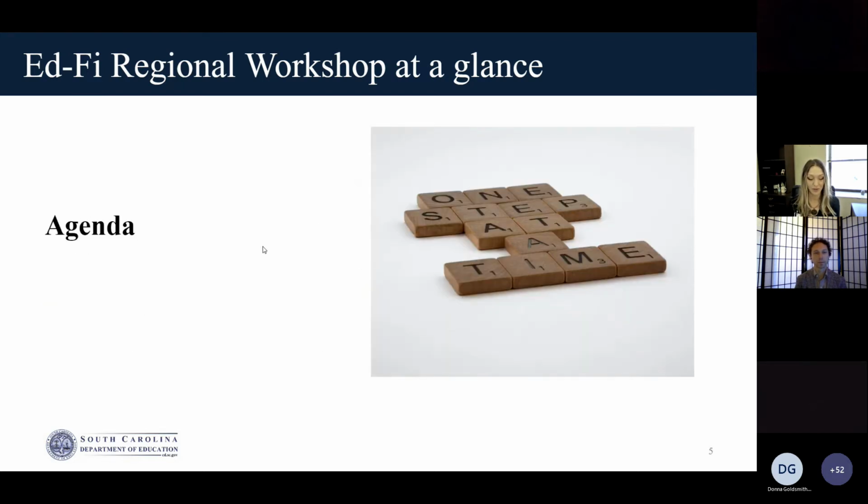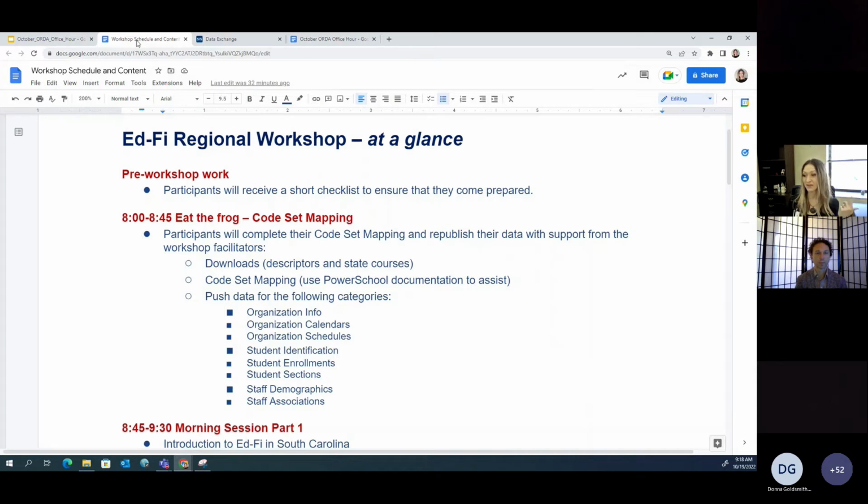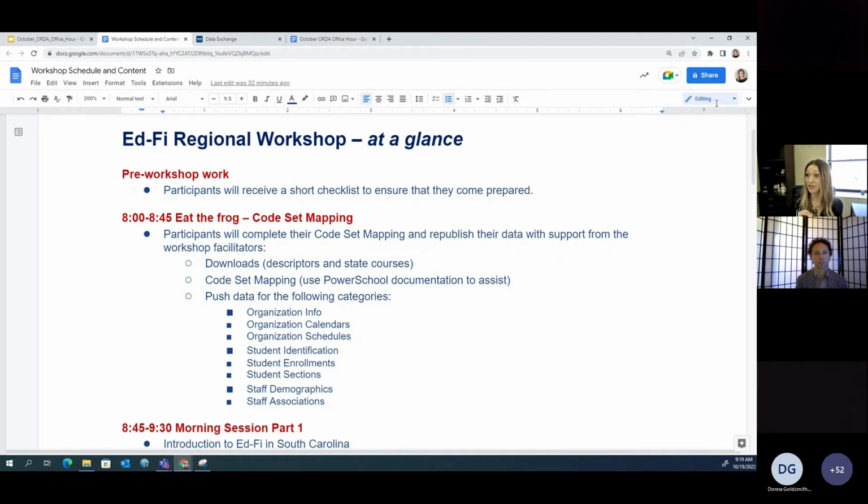So I'm going to break away from these slides real quick and show you an agenda at a glance. We've been working on this. It's certainly subject to some change, and there's a lot more detail behind it than what I'll show you today. But if you're curious as to what you'll be doing there, this can also, I think, spur some conversation, hopefully, for today. And Brett, I think in this, there's a piece where he's going to share a little bit about what he's been working on to help you guys with, like I said, that first guide or manual that you would go to when you encounter an error to figure out what's the next step. So this is our workshop agenda at a glance.